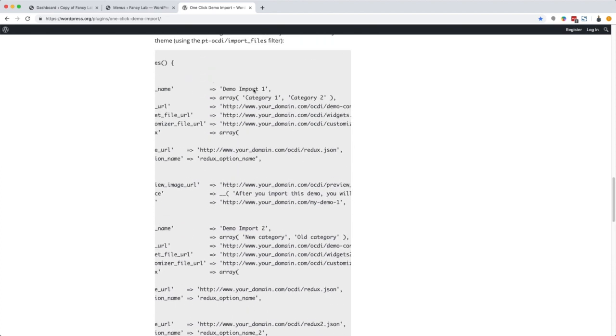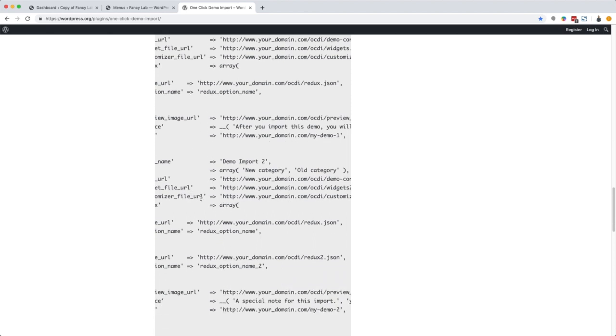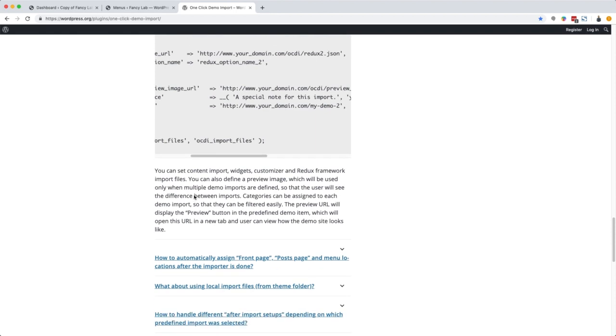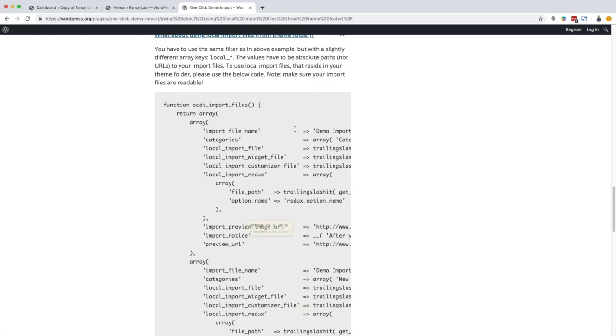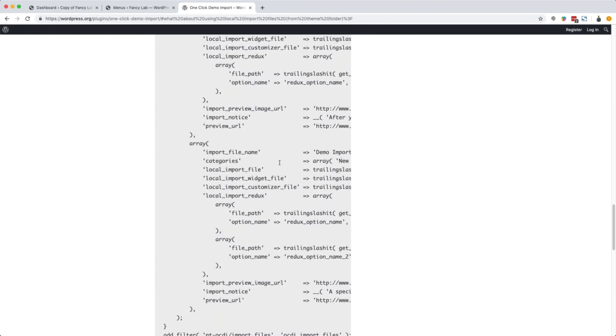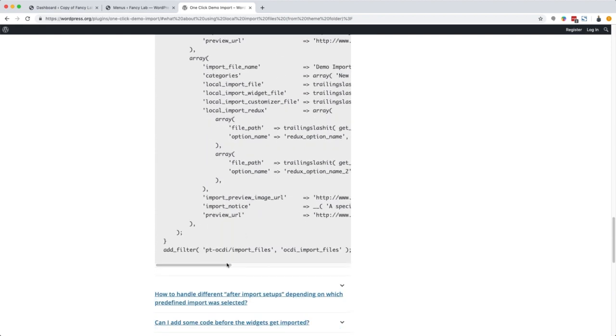Just notice here that the files are somewhere on the internet in this example. But our files will be inside the themes folder, inside that demo data folder. If this is your case, as is our case here, you'll need another code snippet, which you can find just below. Here, what about using local import files from theme folder? So let's copy all this code